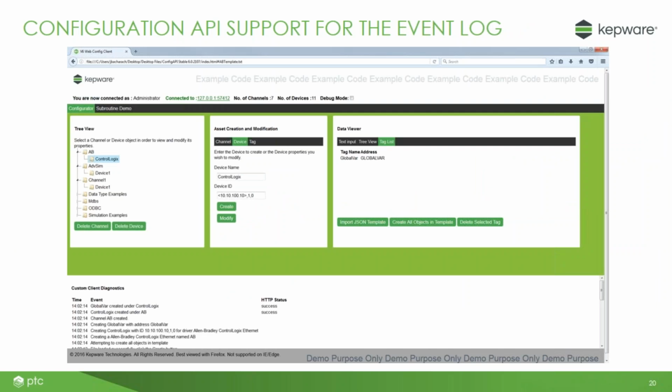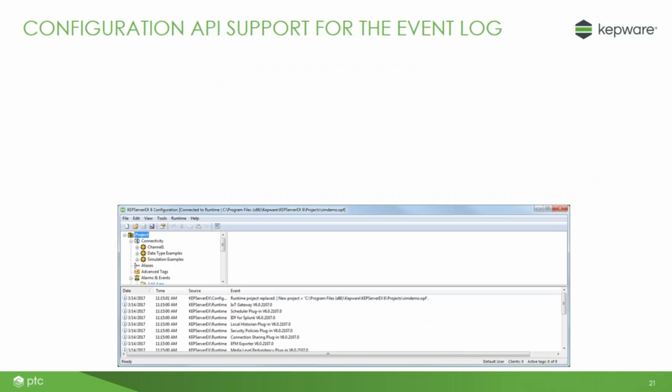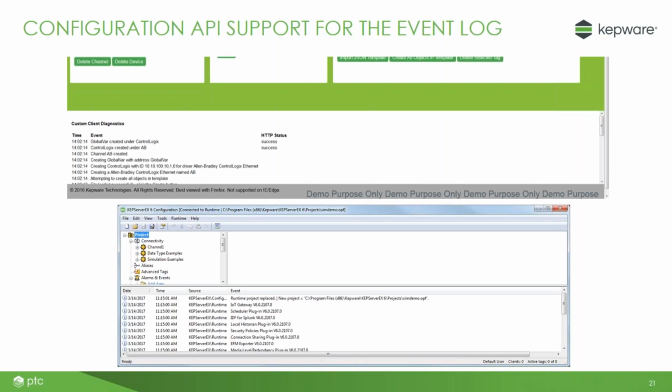So another thing with the config API, and this is outside the IoT Gateway, is that, again, we supported the CRUD of those different objects in the configuration in your projects, but we actually didn't support reading the event log from KEPware. So you guys probably, if you've used KEPware before, you're familiar with the event log, which displays in the bottom of the configuration window that I have a screenshot of here. It just tells you informational stuff, like if a device is down, if something is set to a demo timer, if you can't request a set of registers or something like that. So we couldn't get that in 6.0 up through the API,